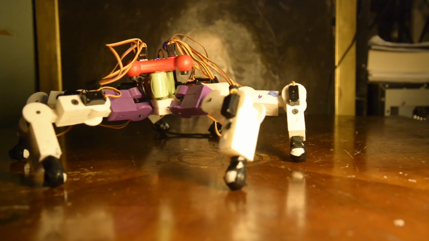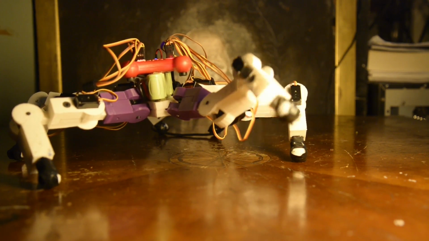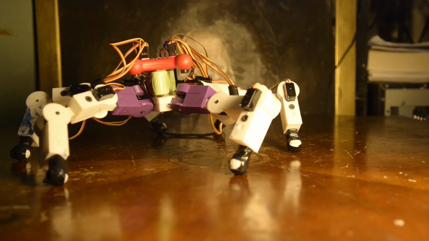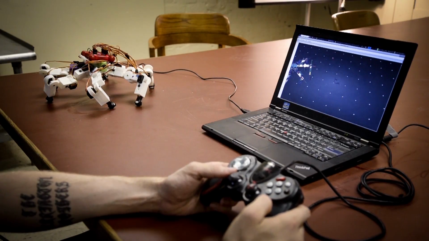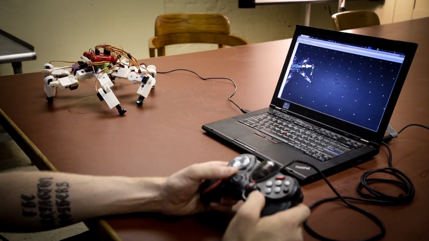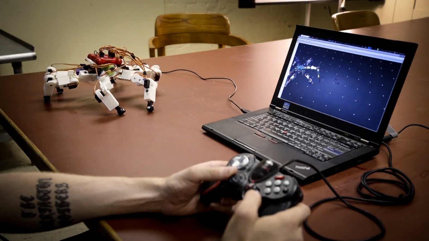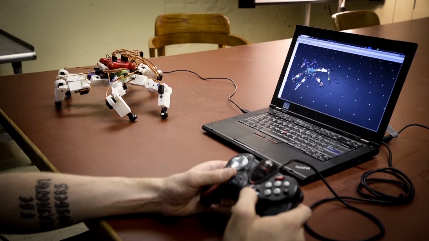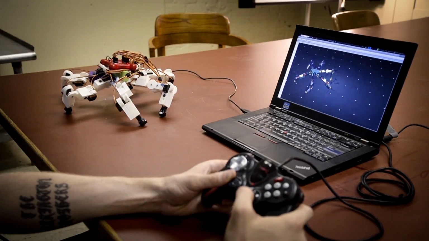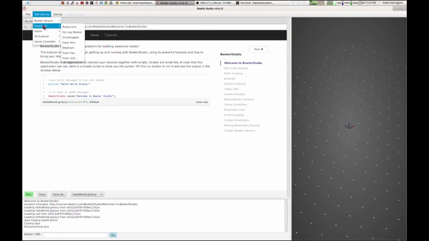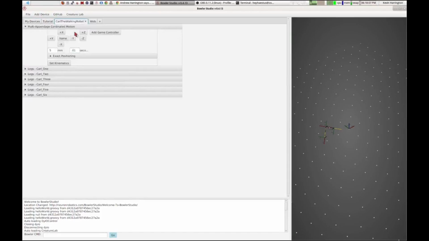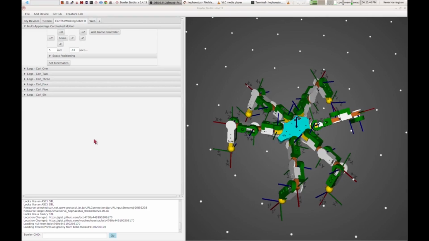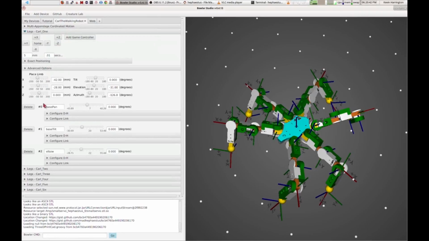Meet Carl the Hexapod. In this footage, he's taking his first steps in our world. Carl is a great example of the versatility and power of the Bowler operating system. He started as a template in Bowler Studio. I adjusted his leg positions,